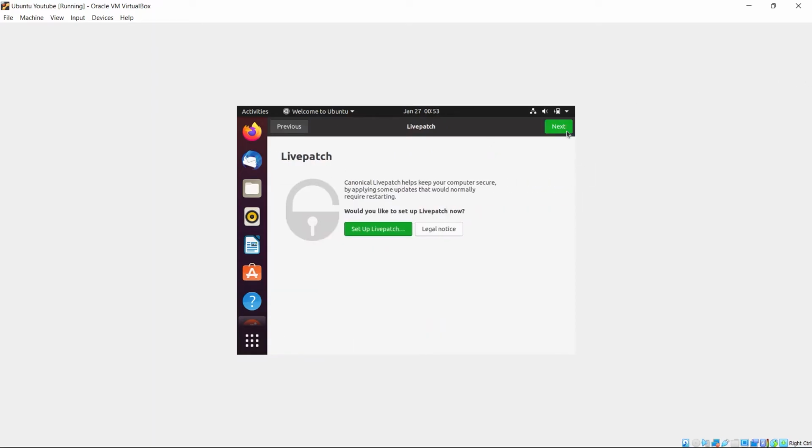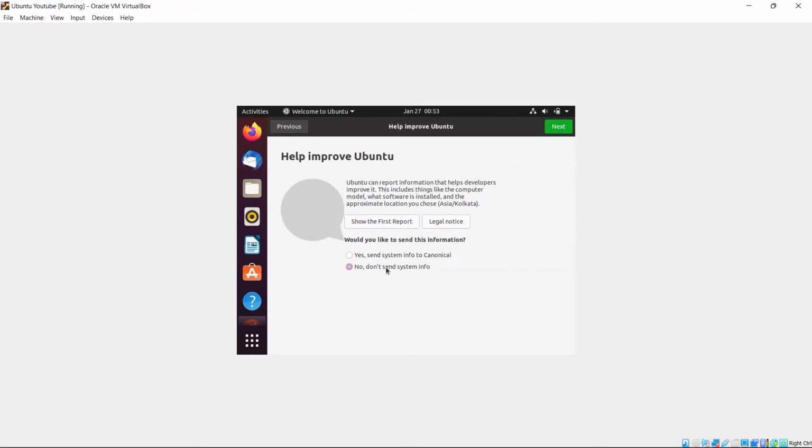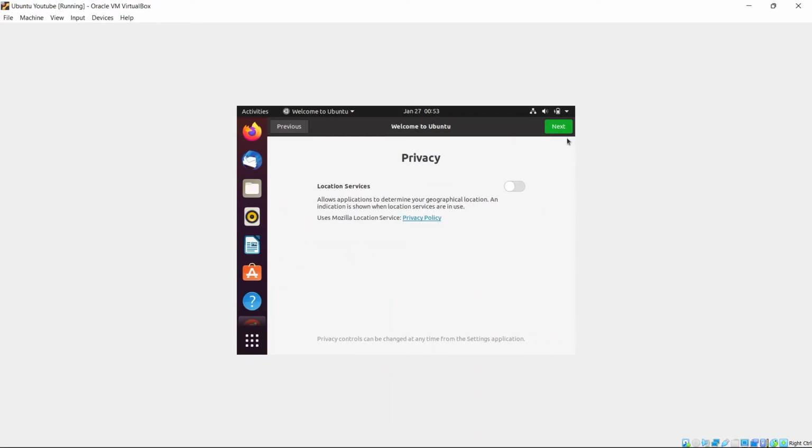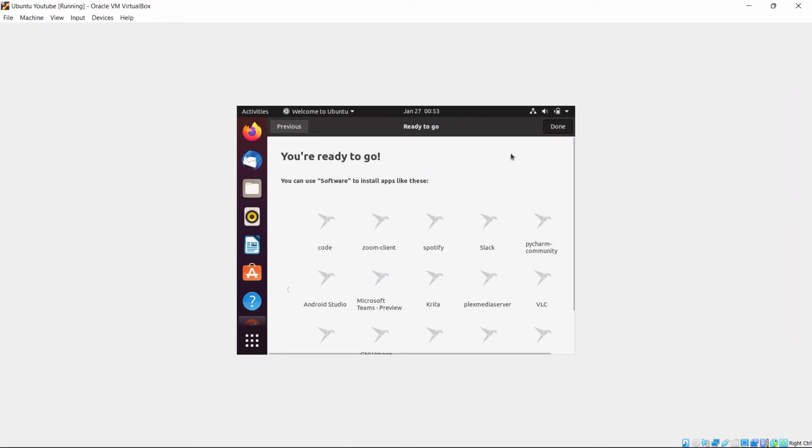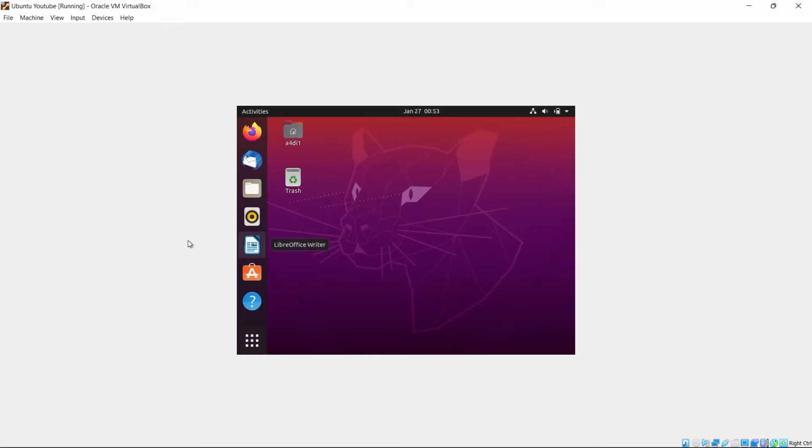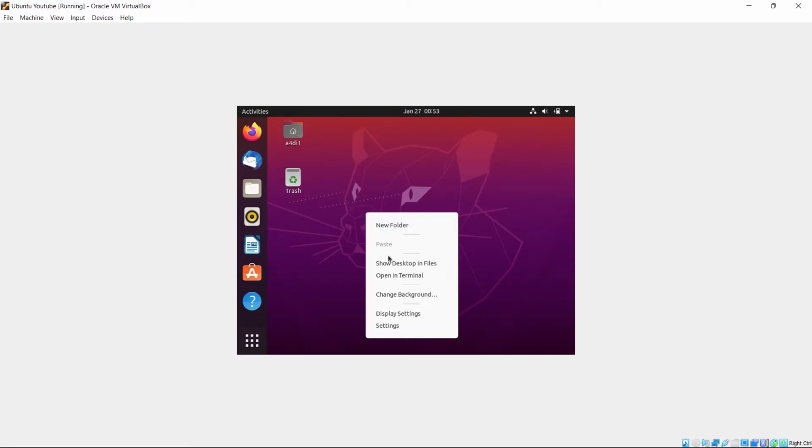For online accounts, I don't want to add any. We'll click on next. No, don't send the system info. Next. No location services, and done. So as you can see, we have successfully started our Ubuntu in our